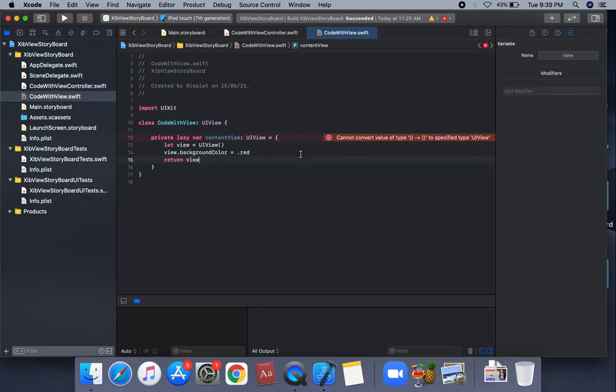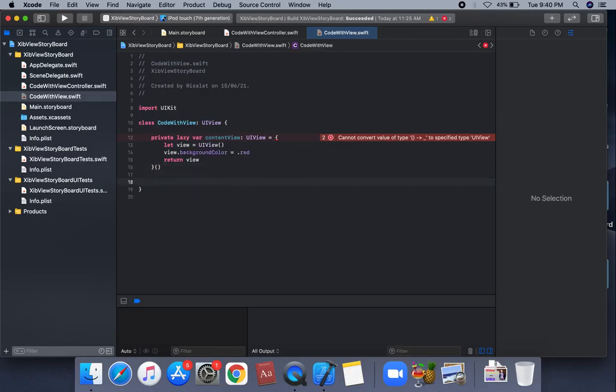This is the UI view. Okay, we can use a lambda to create this instance.